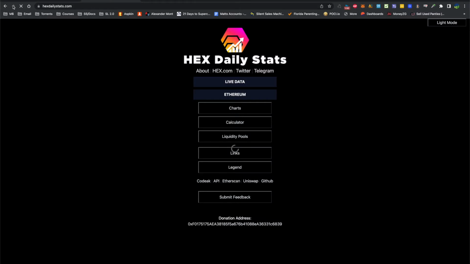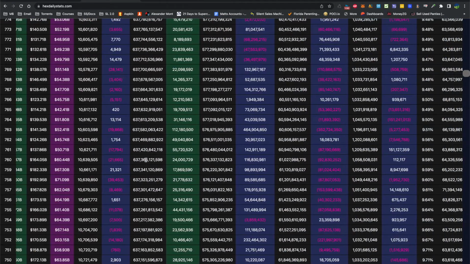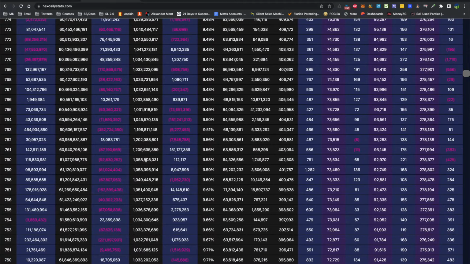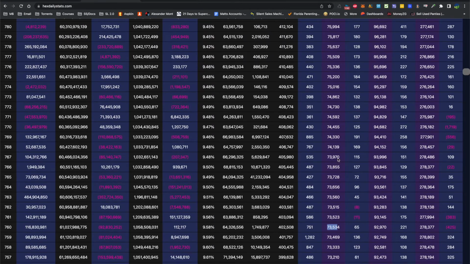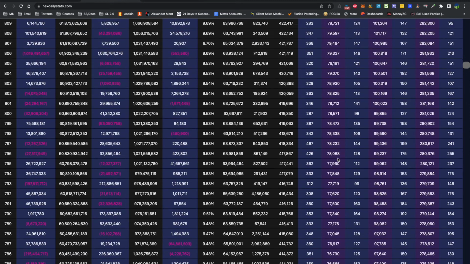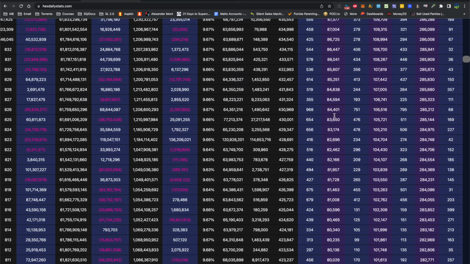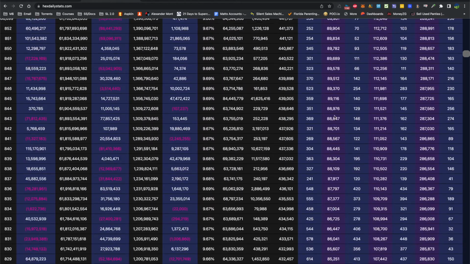Which means in the next bull run, if the trend continues, the hex price is just going to go up that much more because people are staking. The amount of stakers are going up. So like on 12/31/21, you can go back all the way back to day one, but I just want to show you that. So right here, this column here, you can see that every day the amount of stakers that are staking goes up because the community is bringing in new people and onboarding them. 78,712. So it's pretty interesting to watch these stats and see how the community grows.